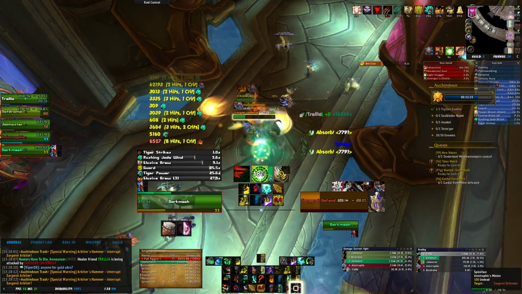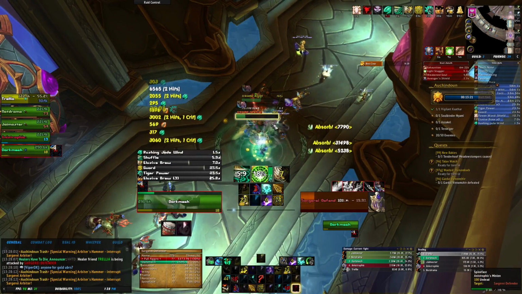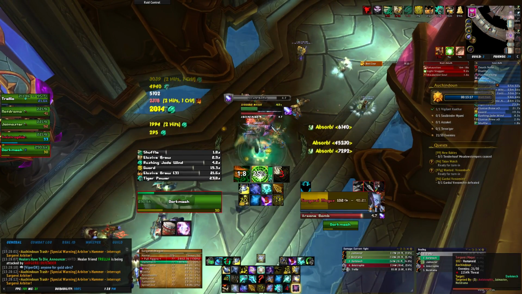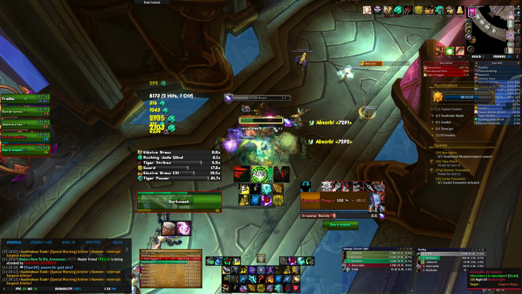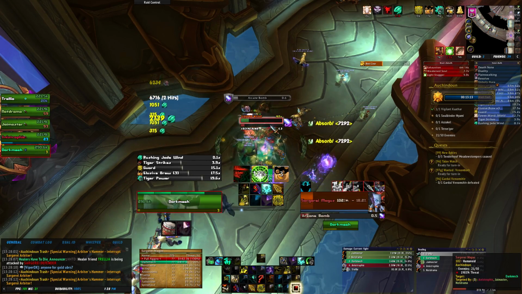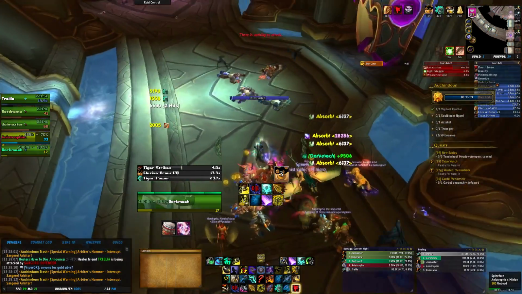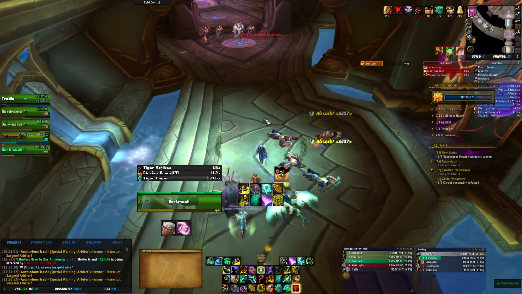We get everything down and our Magus still has around 36 or 35% HP, which is just time wasting. And as you know, in challenge modes we're trying to save as much time as we can to make sure we get that gold timer. So once we get this Magus down, we're going to move up to the next pull, and this is the